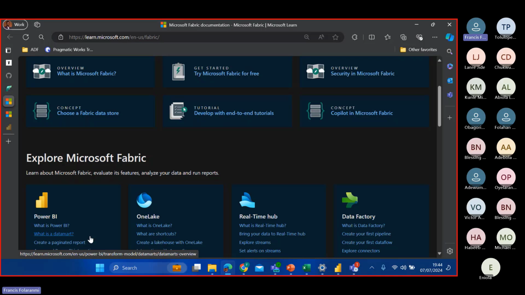I was working on Synapse when Fabric came. And what makes it even better is the fact that Fabric is SaaS, Synapse is PaaS. On Synapse Data Factory, you create your linked service, your dataset before you even do anything. With Fabric, everything is being managed for you. On Synapse you have to create your storage account, your resource group and all of those things. So all those burdens are off the table with Fabric. You just jump into it. All you need is your workspace, especially if you are coming from a Power BI background. So it's easy to transition into it.